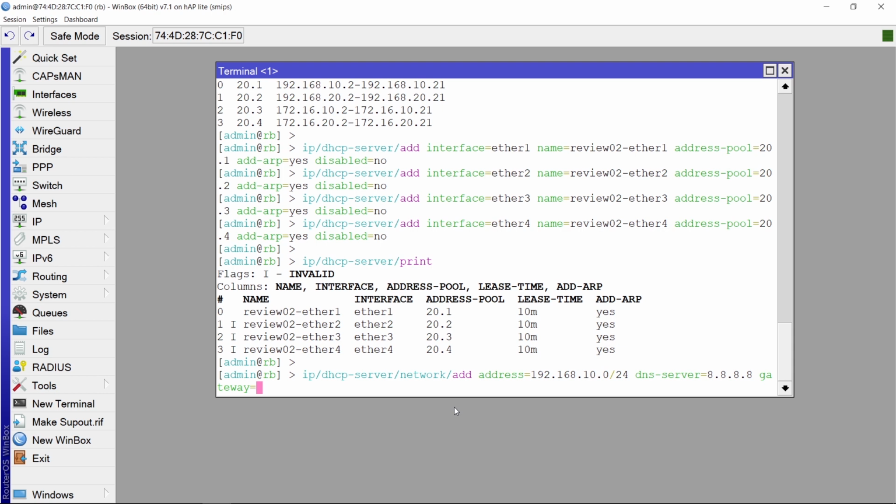The gateway is the router's IP address, because this is for interface Ether1, so the gateway is 192.168.10.1.